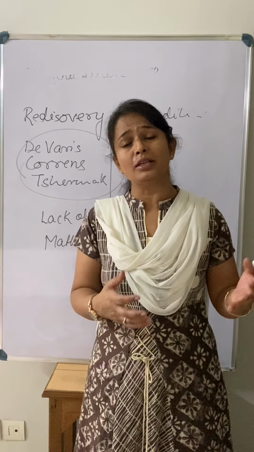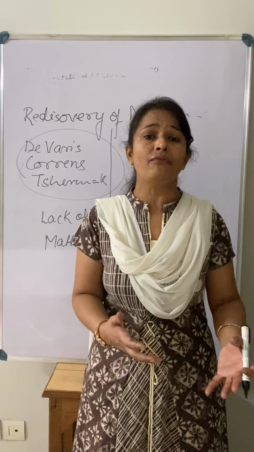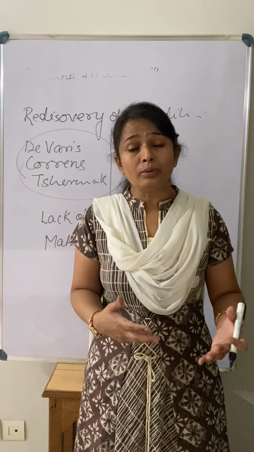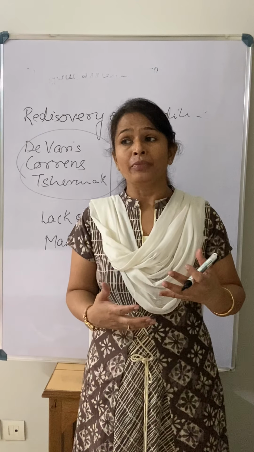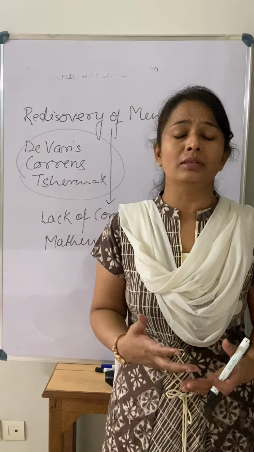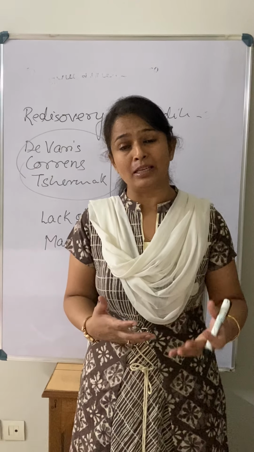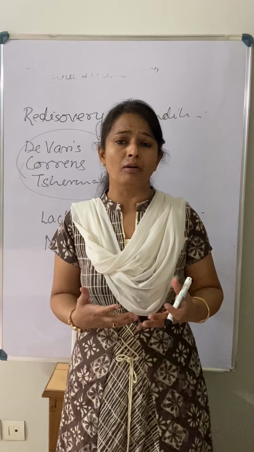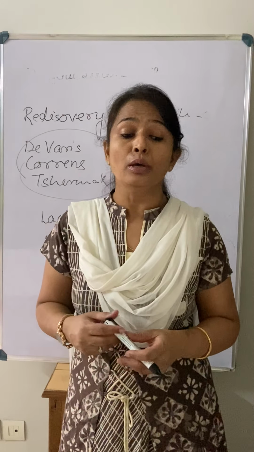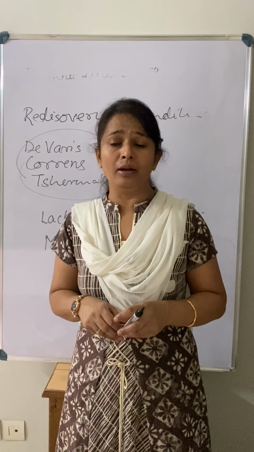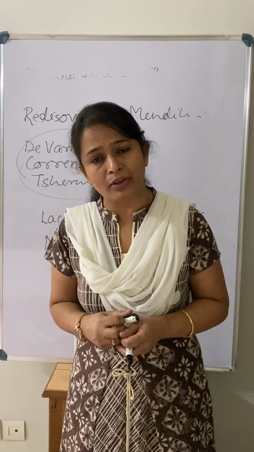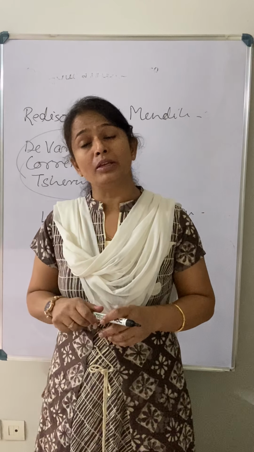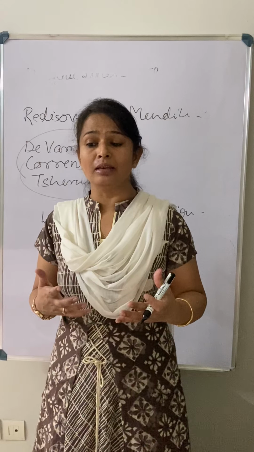Mendel was saying something is present in the nucleus and he called it a factor. He was not aware that he was actually talking about a gene. Due to this lack of awareness, and lack of knowledge of the cell structure, this theory was not completely accepted. After that, those three persons, De Vries, Correns, and Tschermak, again proposed Mendel's theory, and we call it the rediscovery of the Mendelian principle.